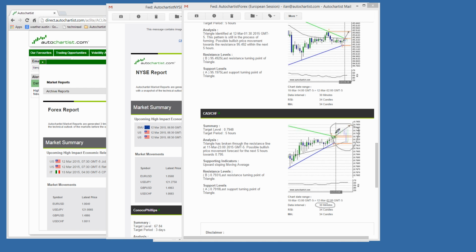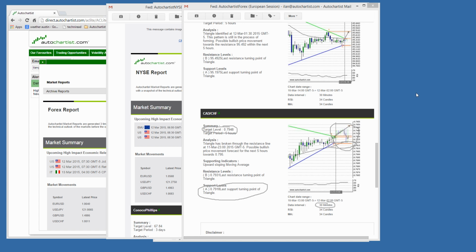We can see right now that subsequent to our forecast, the price went up a little bit towards a projected range, almost hit our forecast, has now turned again, and is now moving up again. So certainly not an indication that it's gone the wrong way. I think we still give it a bit of a chance. Certainly there's a support level marked by this orange line over here, level A, which is annotated on the bottom left of the screen. So it's not a position you should be closing if this is an opportunity that you traded. I think there's a lot of opportunity for it to move towards its target level.